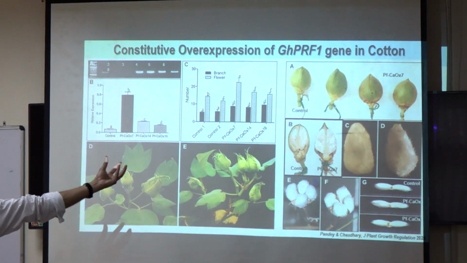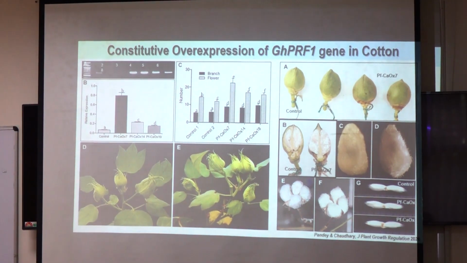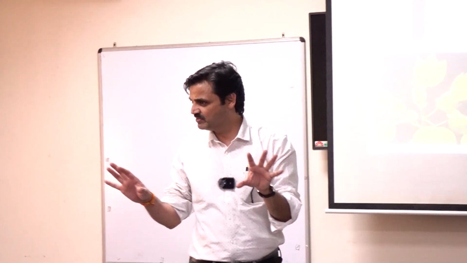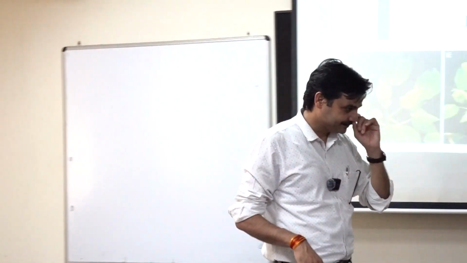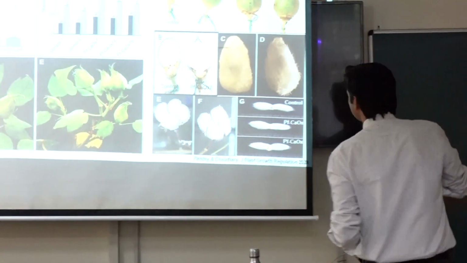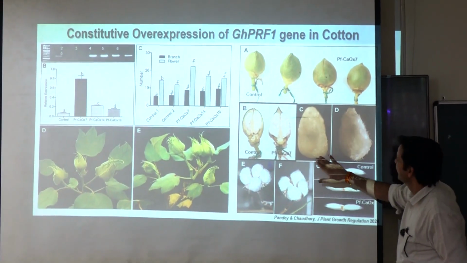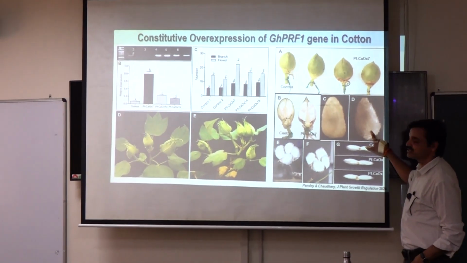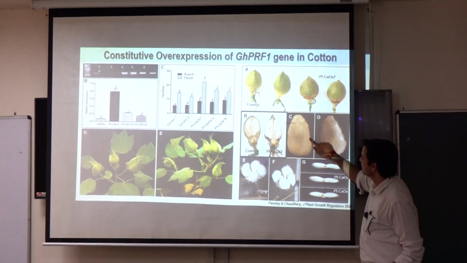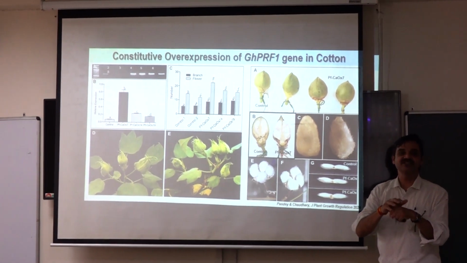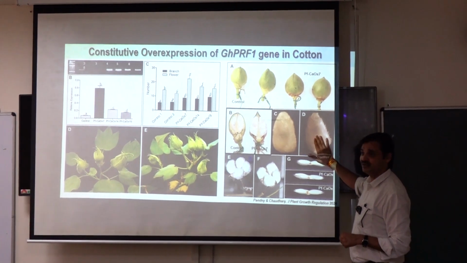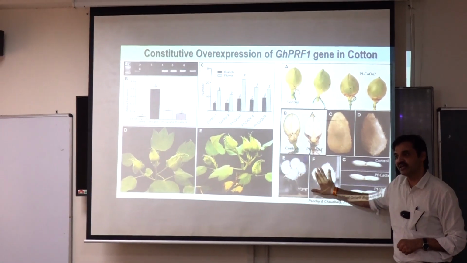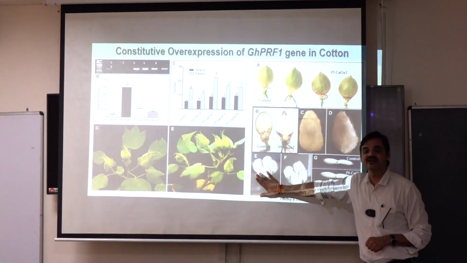The first is the fruit, the ball. The ball is the fruit of cotton. So the ball is control, and then we have transgenic line 7. They were normal. They looked normal. There was no effect on that. When we compared the opened balls, they were similar. This is an ovule at an early stage, a 2-day-old ovule from control. This was a 2-day-old ovule from the transgenic line. This ovule is basically where fibers are extending. So it was more in the transgenic at the early stage. But when we saw the later stage, when it is mature, the transgenic line looked alike with the control plant.